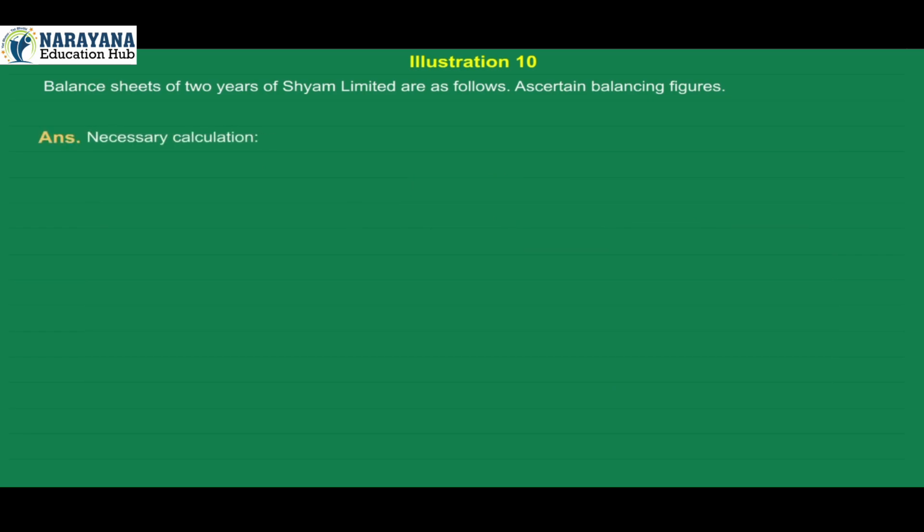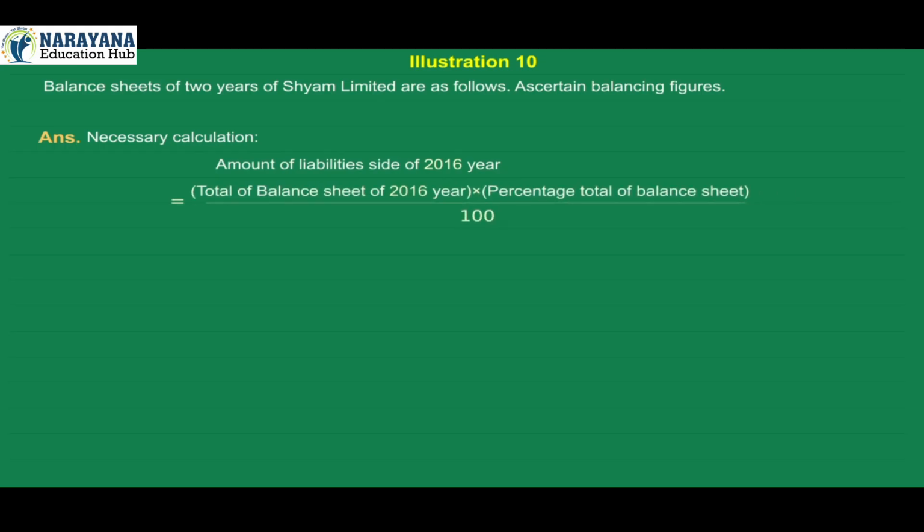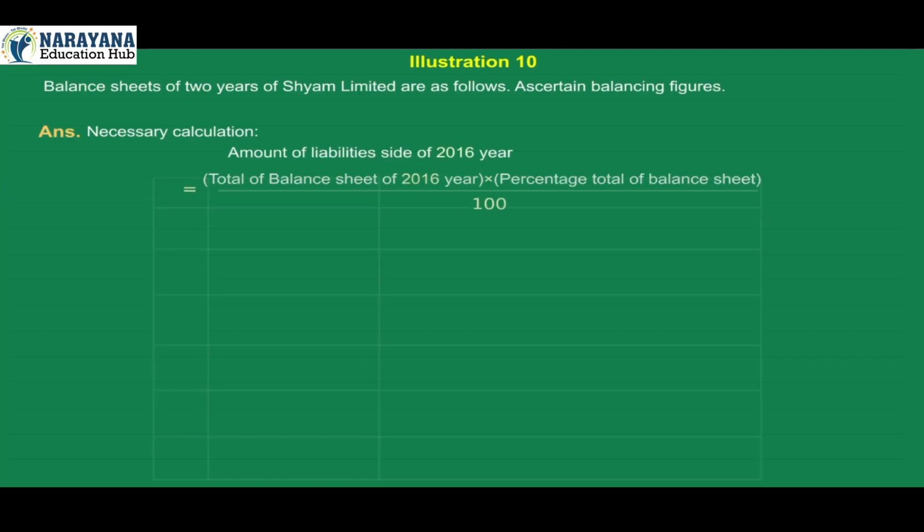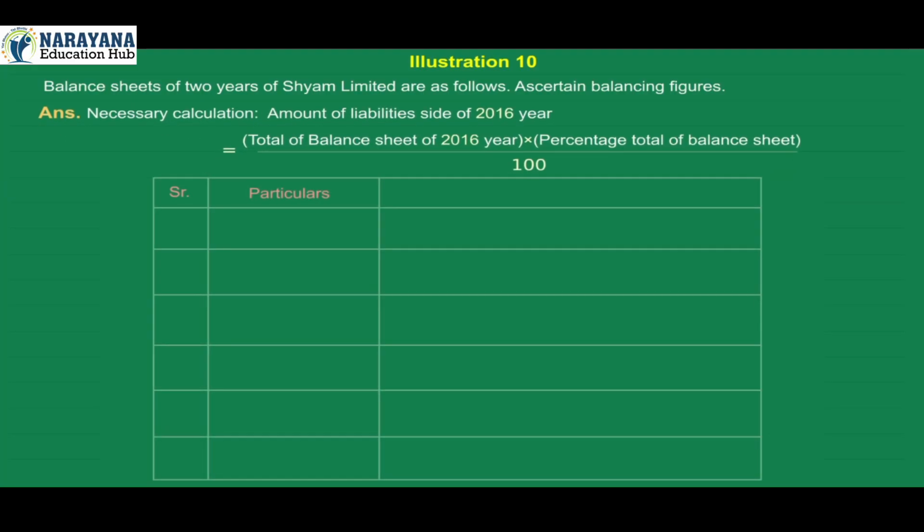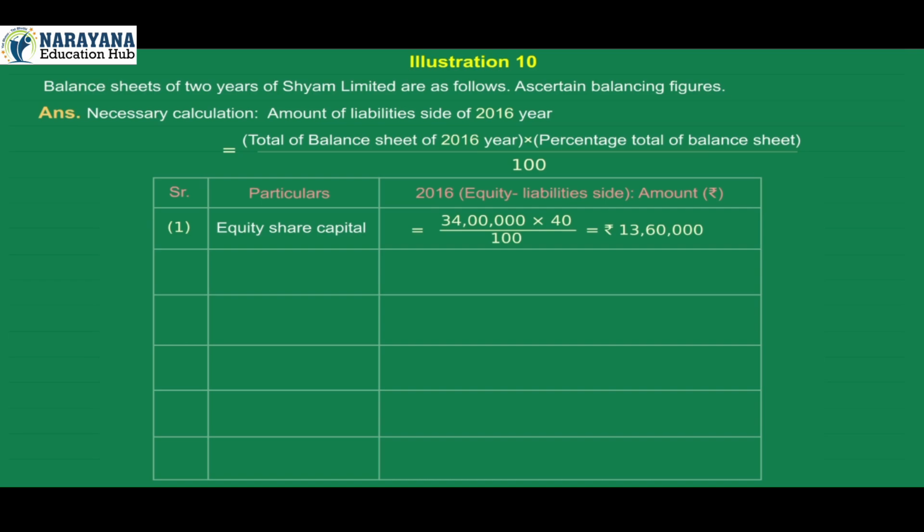Answer. Necessary calculation. Amount of liabilities side of 2016 year is equal to total of balance sheet of 2016 year into percentage total of balance sheet divided by 100. Serial number, particulars, 2016. Equity and liabilities side. Amount. 1. Equity share capital is equal to 34 lakh into 40 divided by 100 is equal to rupees 13